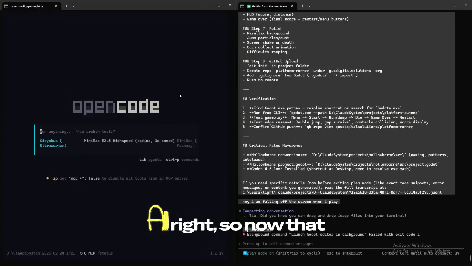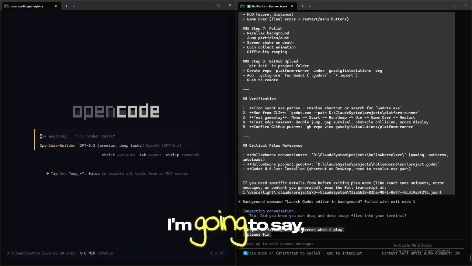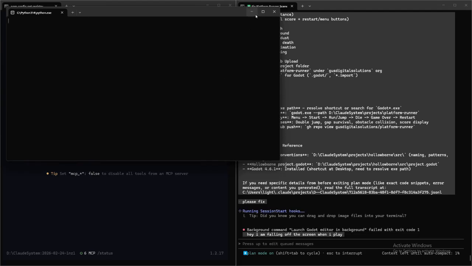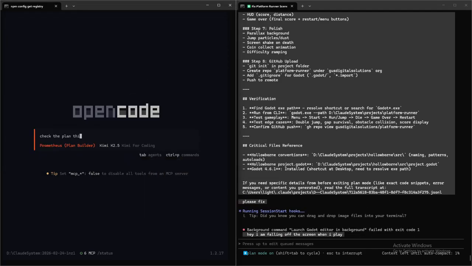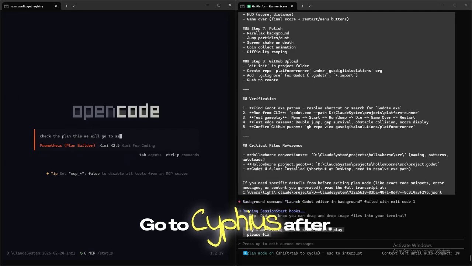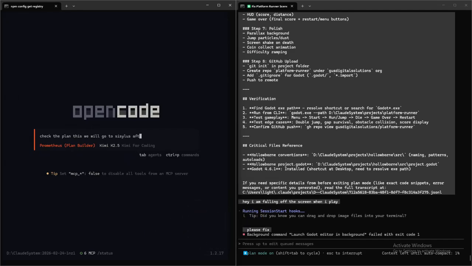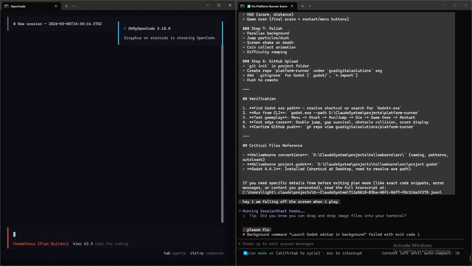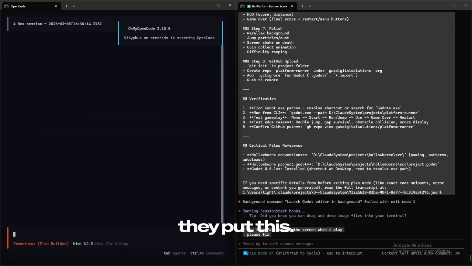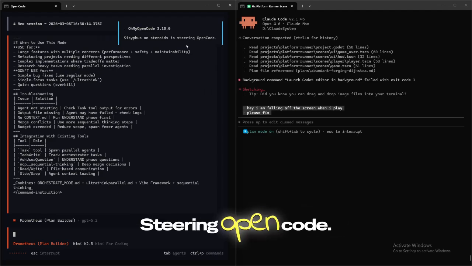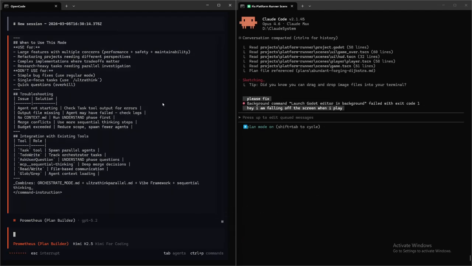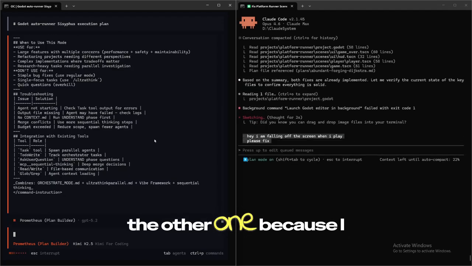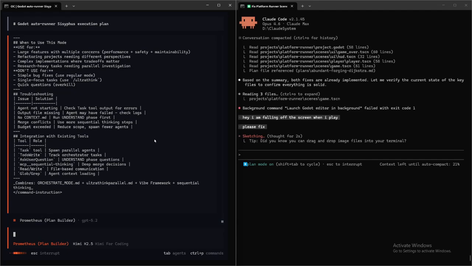Okay, there we go. Now that I'm back on here, I'm going to say check the plan for this, go to Cypheus after. And I'm just going to copy all the stuff here. That's crazy how they put this: Cypheus is on steroids, steering OpenCode. So I just copied everything from the other one